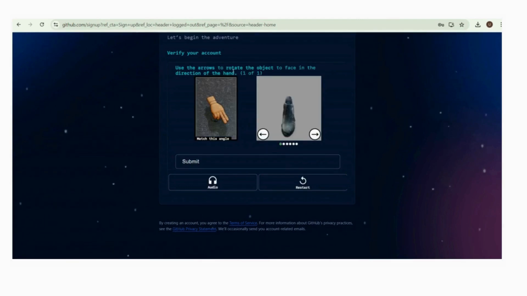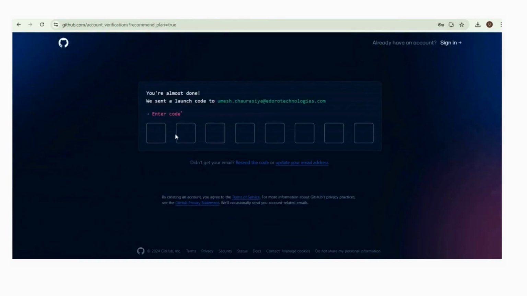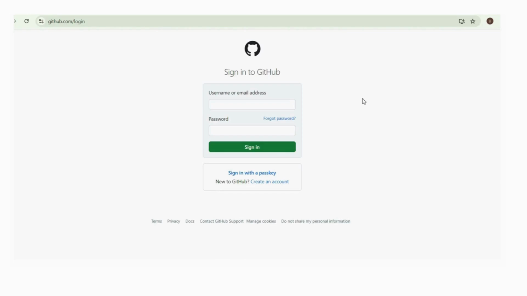Use the arrow to rotate the object to face in the direction of the hand, and okay. Submit. Yeah, enter the code. After entering the launch code, our GitHub account has been successfully created.